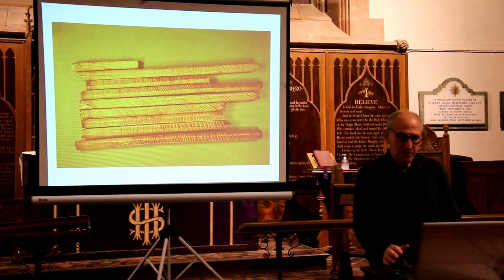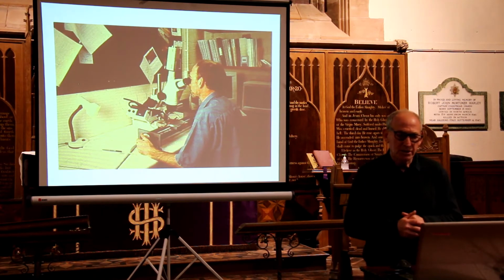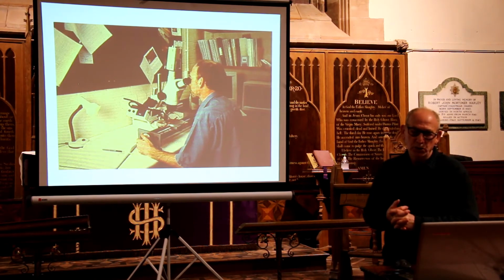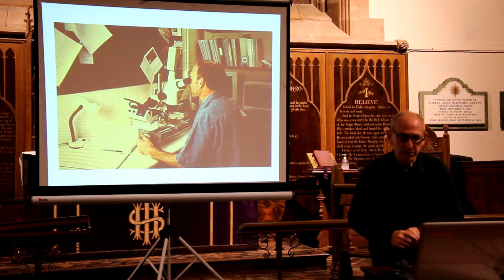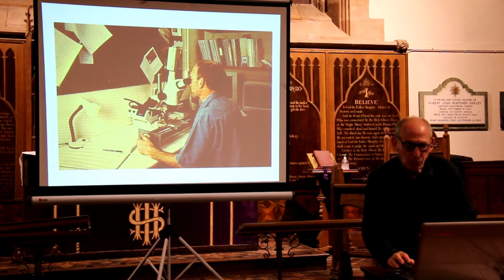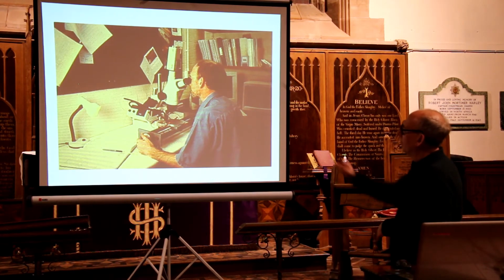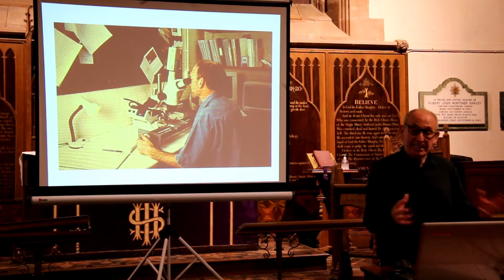So we're rather greedy, and we take as many samples as we can. And then this is a picture of yours truly sat in front of the measuring station. Here I am, looking down a microscope at a set of crosshairs, and the sample, you can just about make it out on the plate there at the bottom, is seen through my